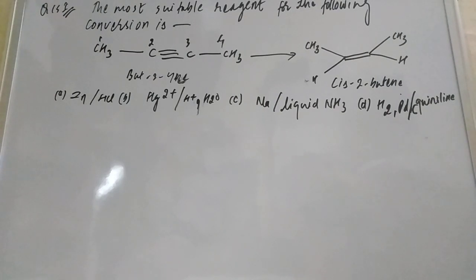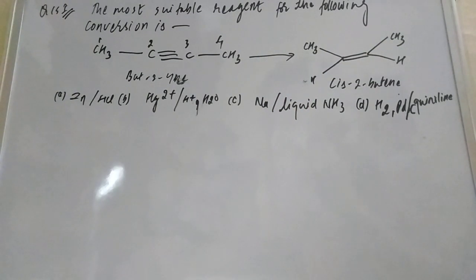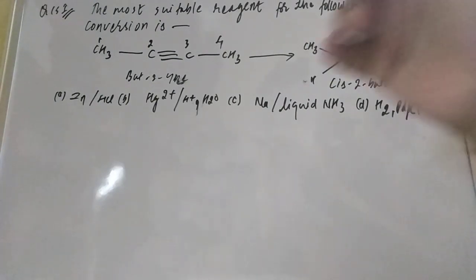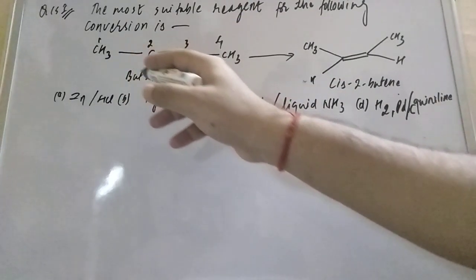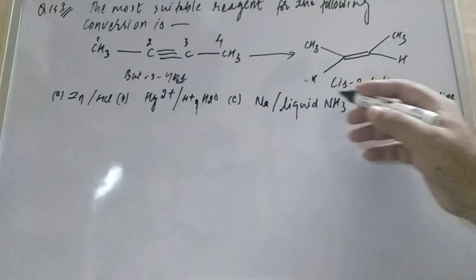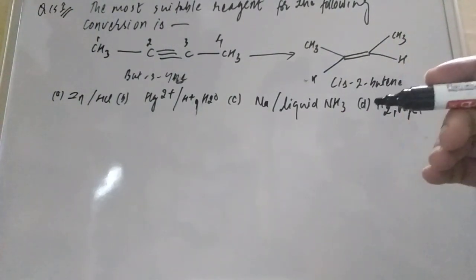Hello, good morning, friends. Today I am going to explain problem number 151 from the NEET 2019 S2 paper, S2 code. The problem is: the most suitable reagent for the following conversion. But-2-yne is given and cis-2-butene is coming. They are asking which is the most suitable